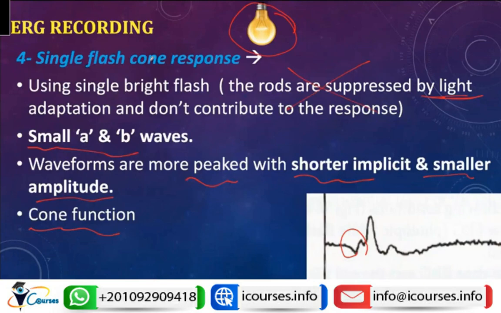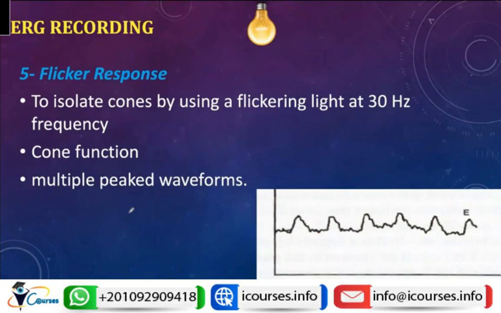Sometimes this single flash cone response can be done by a bright white flash or even by red light. So the red light will again stimulate the cone functions. Then the flickering response. In order to stimulate the cones, we can present a flickering, intermittent light